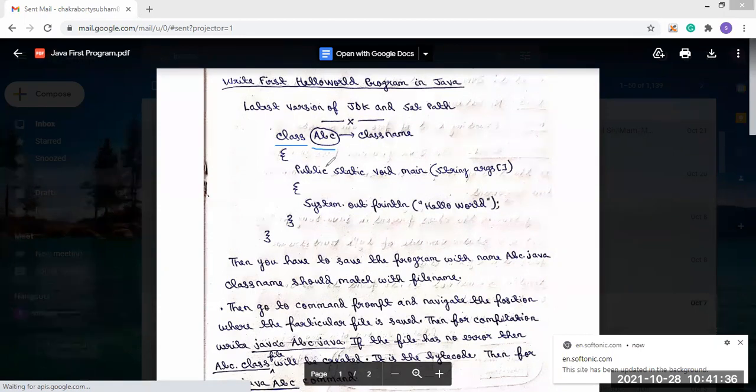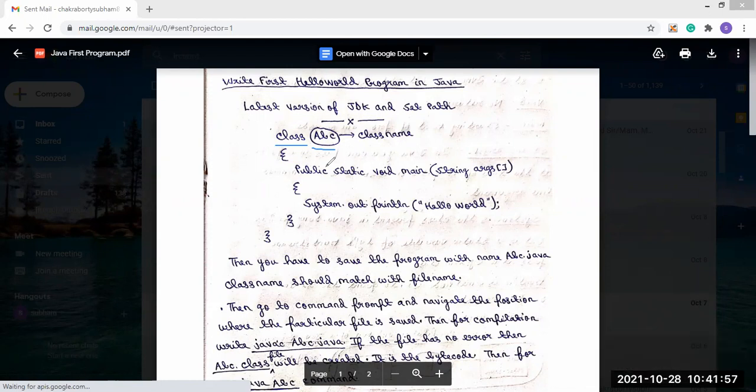Then everything in Java we write inside the class. We already know that a class is a combination of variables and methods, so the methods and variables, each and everything, should be present inside the class.